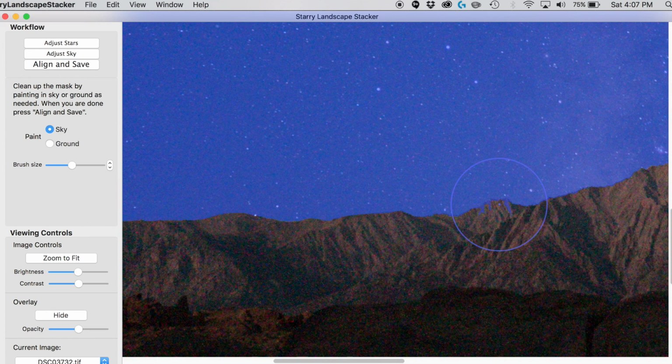So I'm going to go ahead and use a smaller brush here. You can use the same hotkeys that you would use in Photoshop in Starry Landscape Stacker in terms of just basic brush tools. So I can make a smaller brush by clicking the open bracket. So go ahead and make that brush smaller. And it looks like we're painting the mask here. So we can go ahead and switch our paint from the sky to the ground. So I'll do that, and then we'll go ahead and make our small adjustments